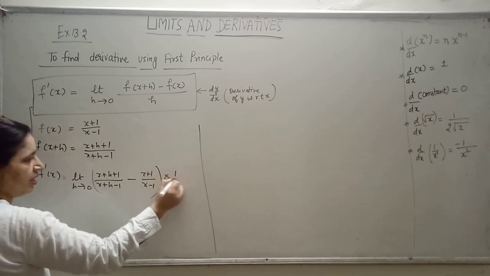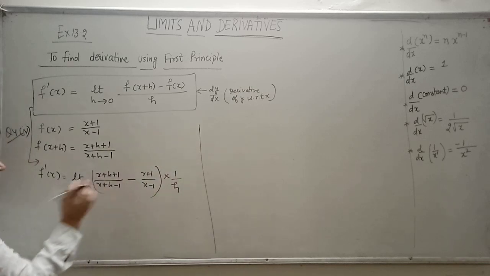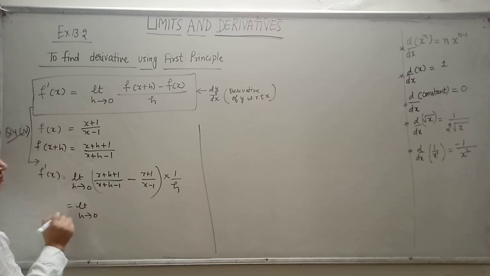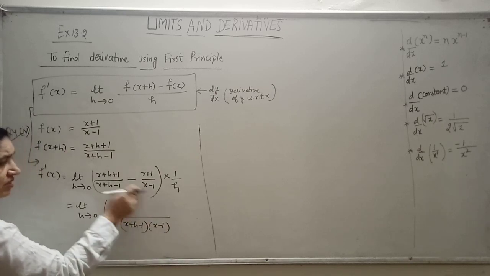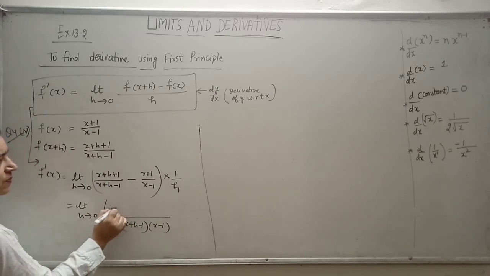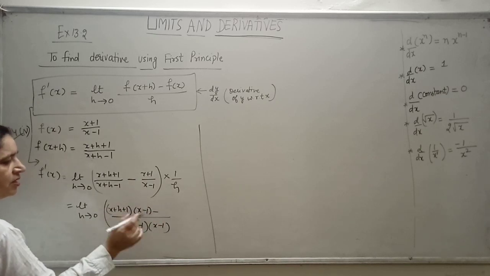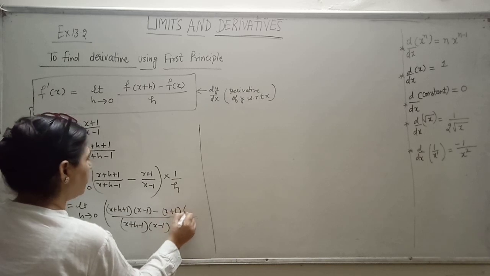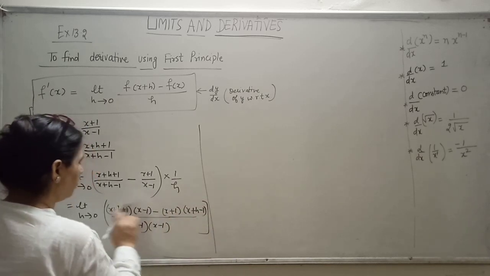Into 1 by h. Upon h means 1 upon h, because this is already in the form of a rational function. So now we will take the LCM. x plus h minus 1 into x minus 1. This will be multiplied with this. x plus h plus 1 multiplied with x minus 1, minus, this is x plus 1 multiplied with x plus h minus 1